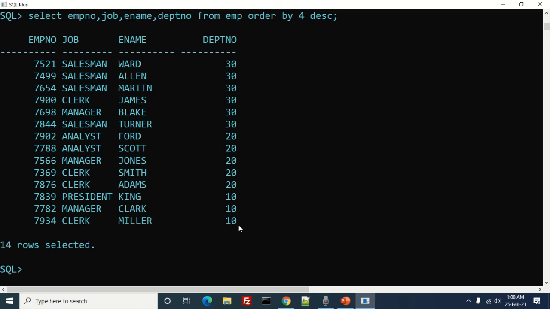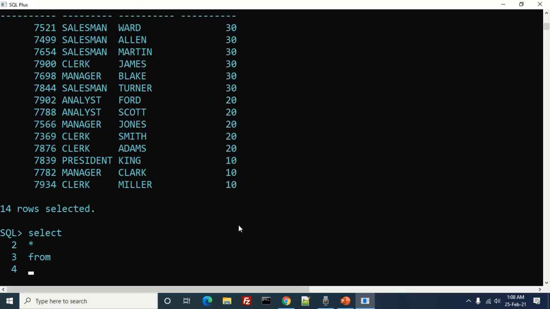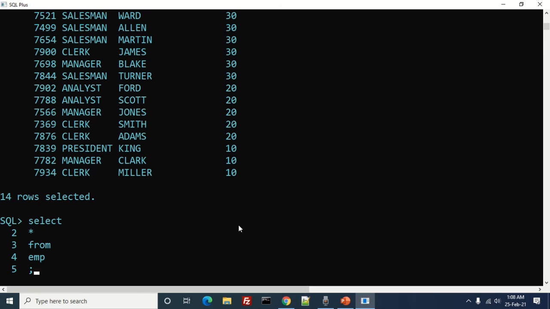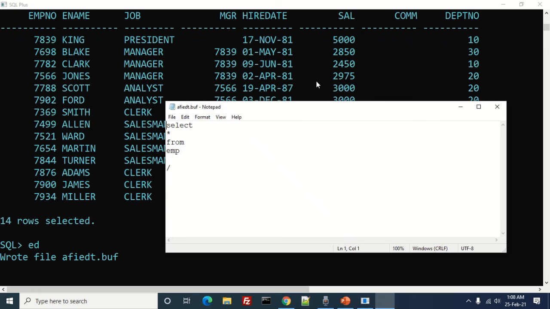Now suppose I say select star instead of this, I'll remove all those things. Star from EMP. I can put this also, select star from EMP, then we have the semicolon, enter. So this is also showing the same thing, but you can say ed and change it. As you know, I can say star from EMP. Now I'm going to add order